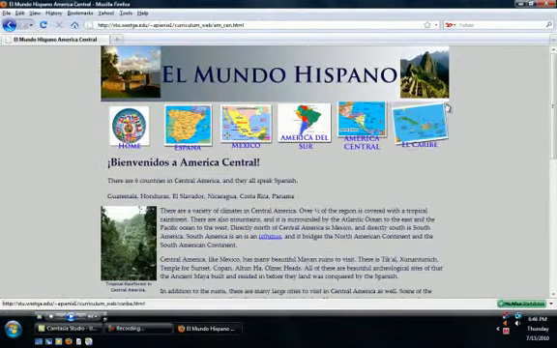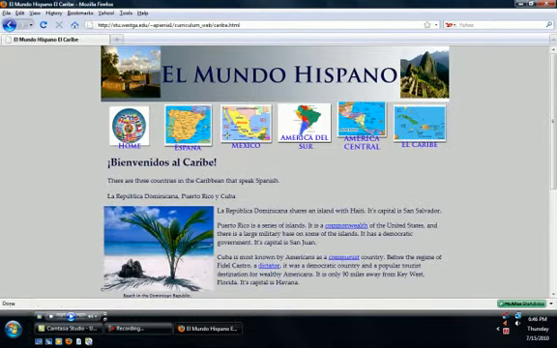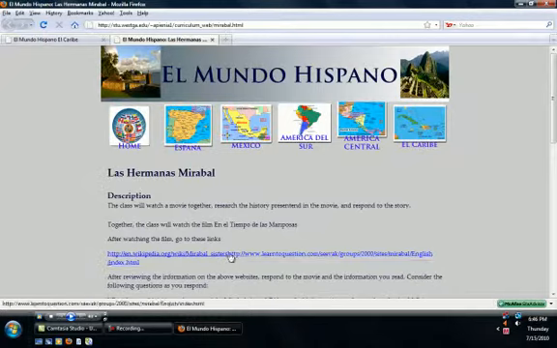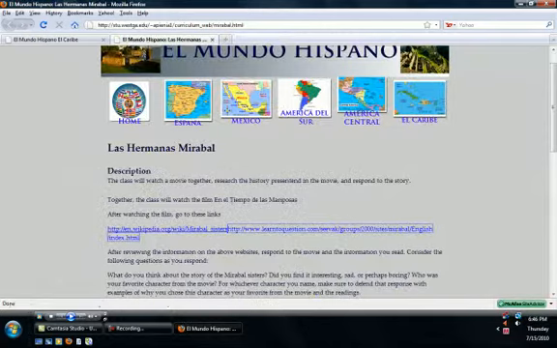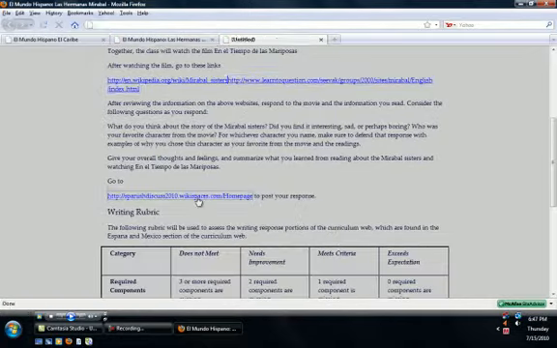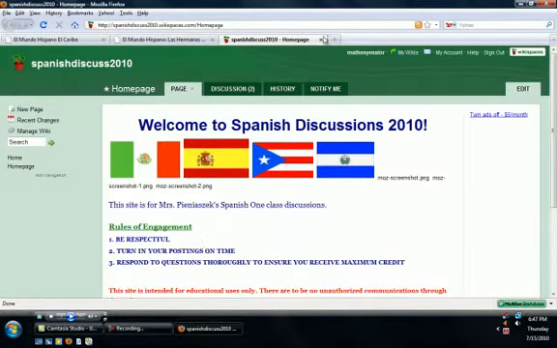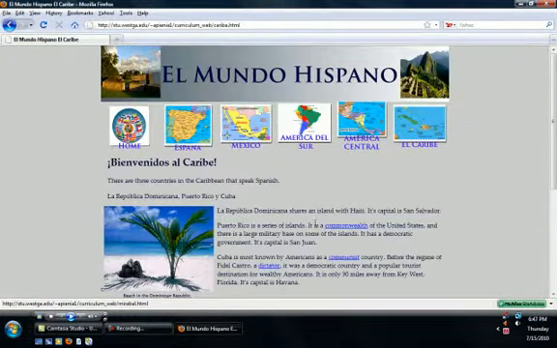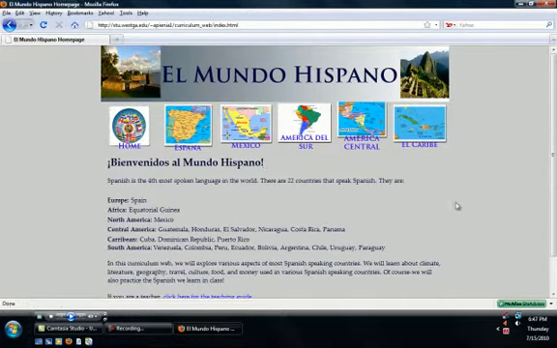And then my last page is El Caribe. I have some information about the capitals of the countries in the Caribbean that speak Spanish, as well as their different governments, and another quiz, and then another activity where they use the Wikispace site. They watch a movie together, they read about the people depicted in the movie, then they use the Wikispace site to respond to what they saw and what they've read. So this is my curriculum web, and I look forward to